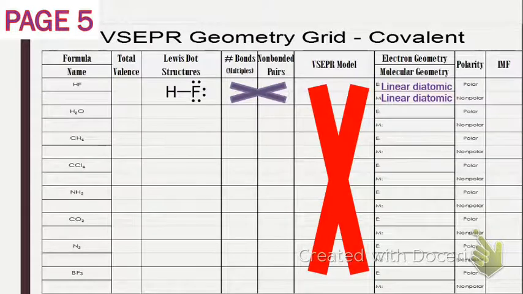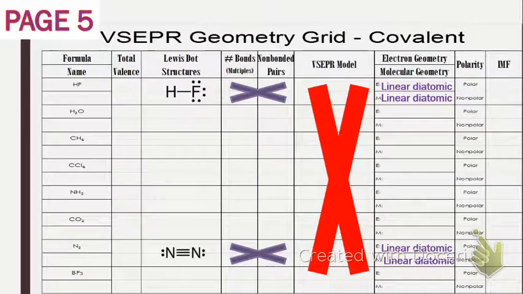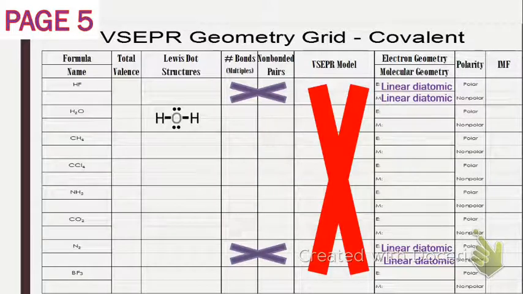Now, if we take a quick second to look the rest of the way down the page, do you notice any other molecules that are going to be linear diatomic? Even if you haven't drawn the structure out, hopefully you're noticing N2. 2 atoms, has to be linear diatomic. That's it. So, now, if we do look at something like H2O, I've got 3 atoms here. The only one that really matters for this is the central atom, and how many things are around that central atom. So, O is our central atom here, and it has 2 bonds, one on either side, and 2 lone